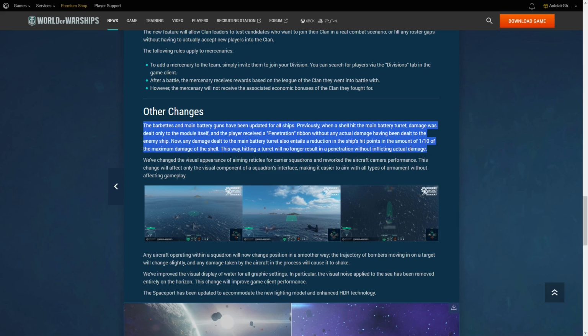That will now be changed, and the amount of damage that you do to the HP pool of the ship will be 1/10 the maximum damage of the shell that did penetrate. They have also reminded us that they're introducing some reticle changes for carrier aerial attacks to make them presumably